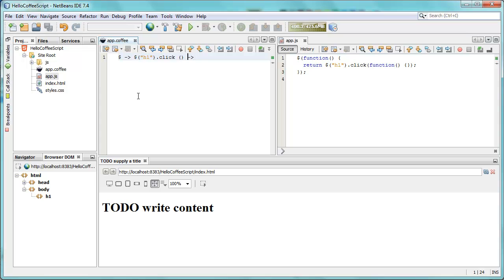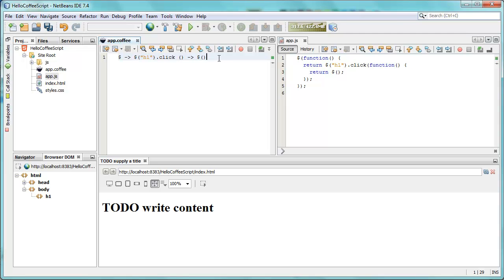So now imagine we didn't have the space here. So you can see here, click, and then we pass in a function. Well, if there was no space here, click itself would be the function. So this is a big difference. Click, and here we get the new function. And then we say,